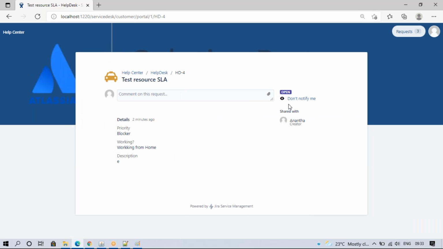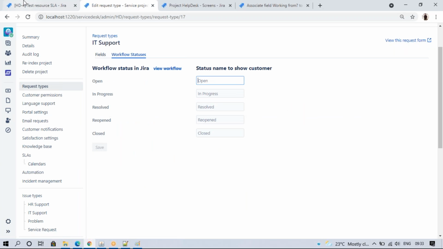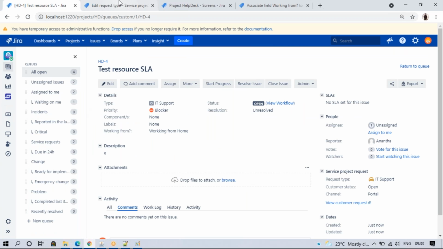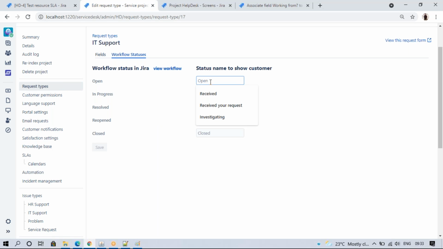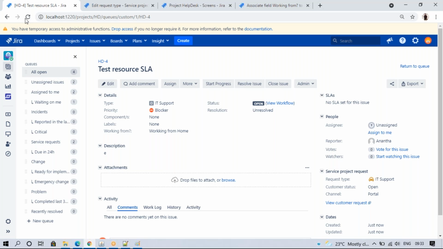When I open the full ticket, it is open now because this ticket also is open now. So I can change this, instead of open I can put something different, like received. I'll save this. Now if I refresh this here, it is open only.